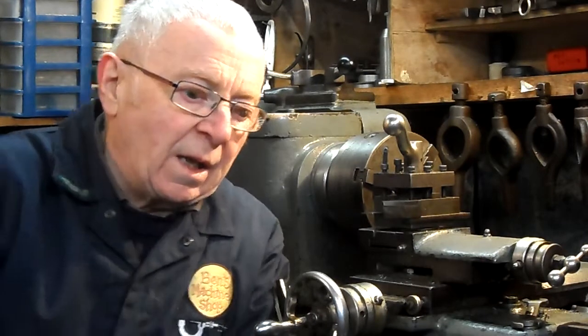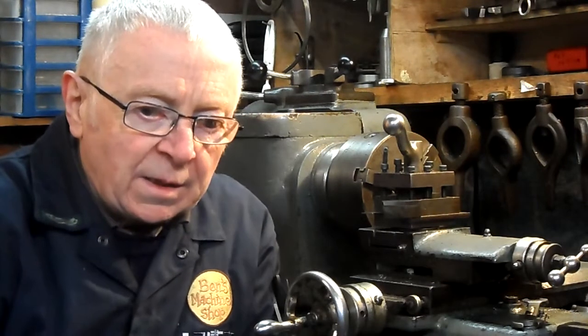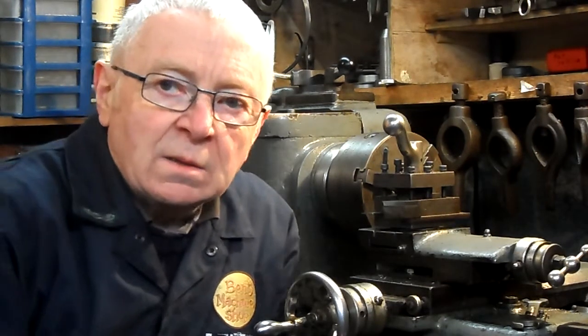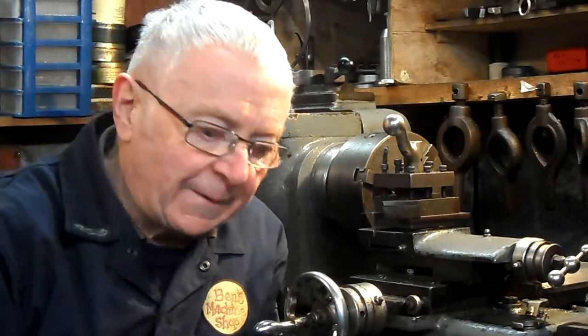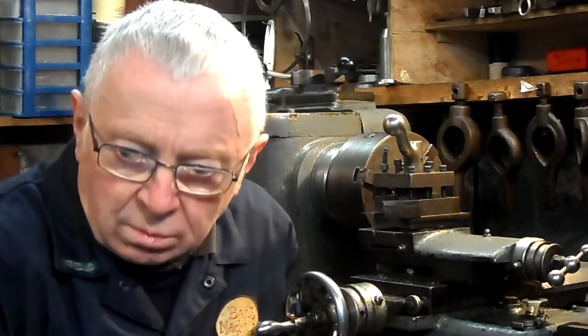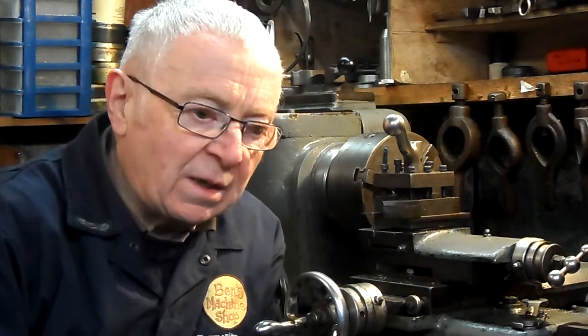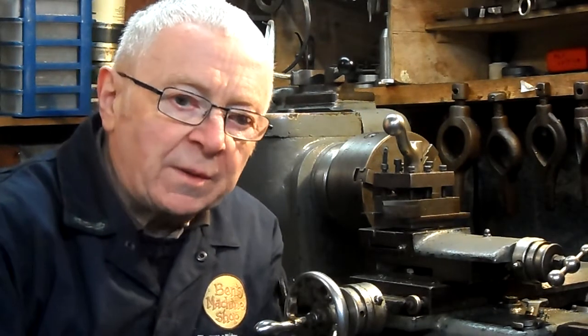Now, this is about a fixed steady. I got an email from Pete, who has bought a second-hand lathe and is trying to gather up a lot of accessories, not too expensive. Now this fixed steady, I have a tape on it on my website showing it, but to give a few more updates on it,